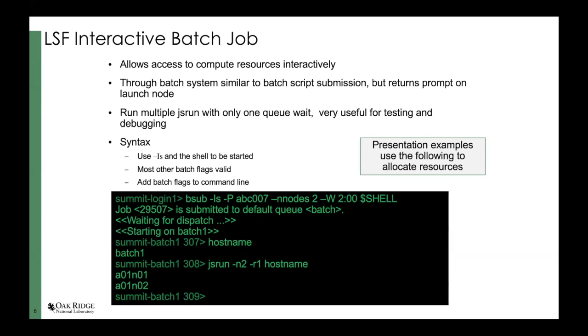What it does is allow you to run multiple JS runs, or maybe even build, if your build is quick, and make changes to your code in between each JS run without having to wait in the queue, because that adds some overhead and time. So basically what an interactive job looks like is in this black box at the bottom. You'll still use bsub, and you'll still specify the project, the nodes, and the wall time. Those are required. But instead of giving a